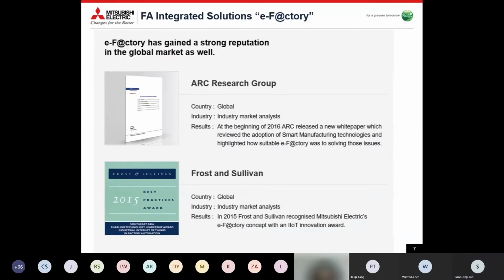Okay, and also eFactory solution has gained a strong reputation in the global market as well. As you can see over here, we have the ARC Research Group, where they released a new white paper to mention about how eFactory is very suitable for adoption of smart factory manufacturing technologies. And also Frost and Sullivan in 2015, recognizing Mitsubishi Electric's eFactory concept with an IIoT Innovation Award. Okay, so from here we can see that